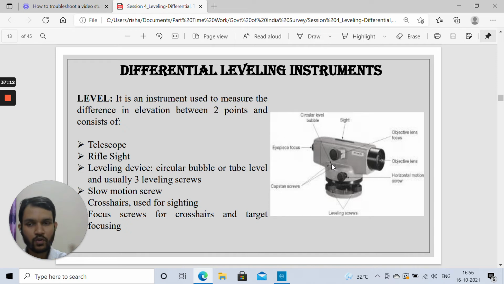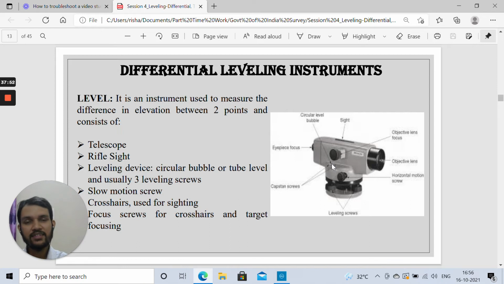It is a circular level, which has a fluid inside it, maybe in the form of spirit, and at the center of it there is a small air bubble. You will have to balance this until the air bubble comes to the exact center of this circular level. It means your instrument is perfectly leveled. There are 3 screws basically. Firstly, you will try to balance it with the help of 2 adjacent screws, parallel to which the level is placed. You will either rotate both the screws outwards or both inwards. You will see a movement in the bubble. Based on the direction in which it is going, you will try to level it.